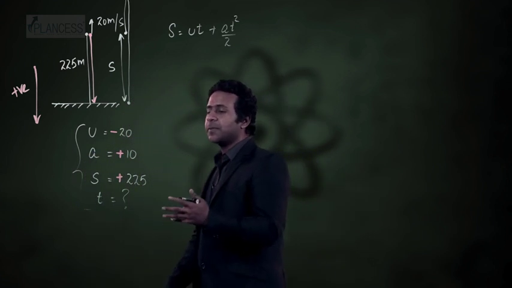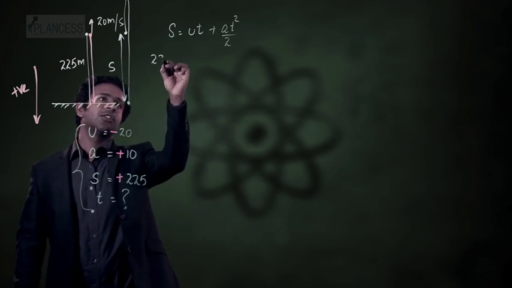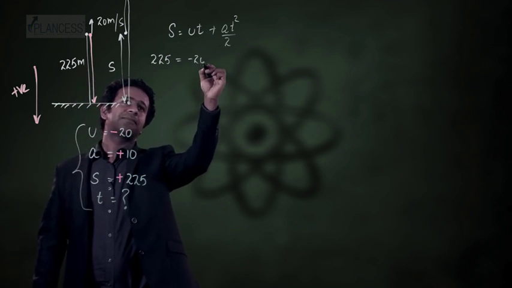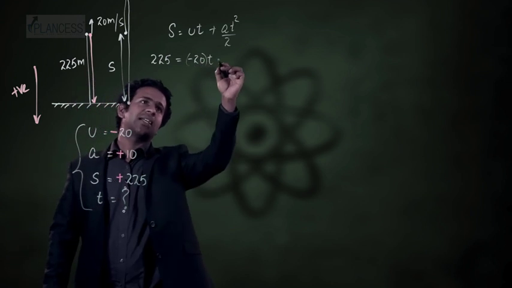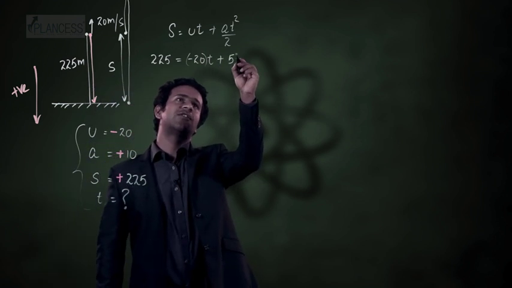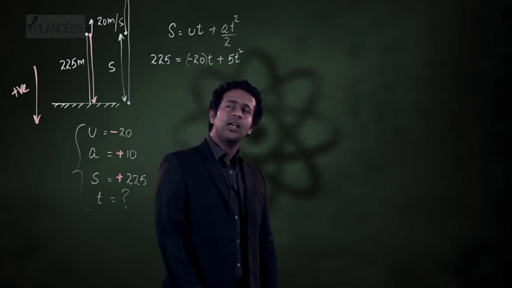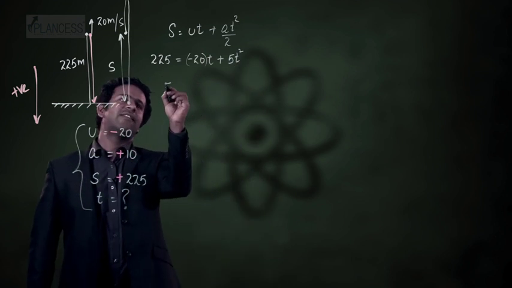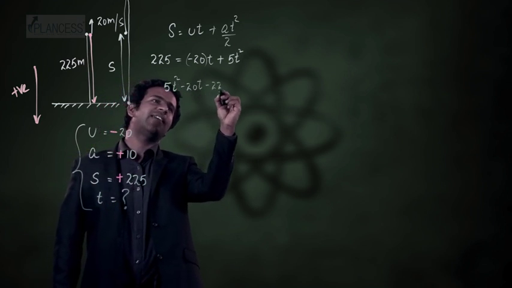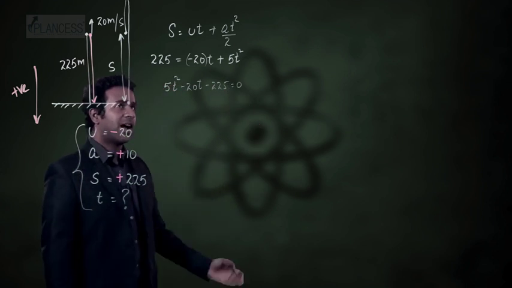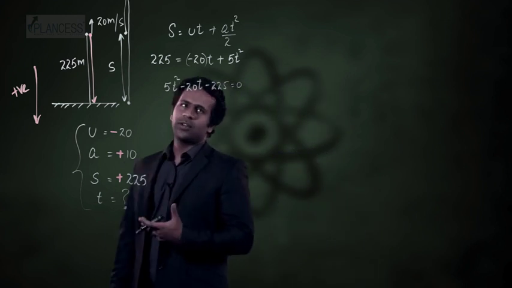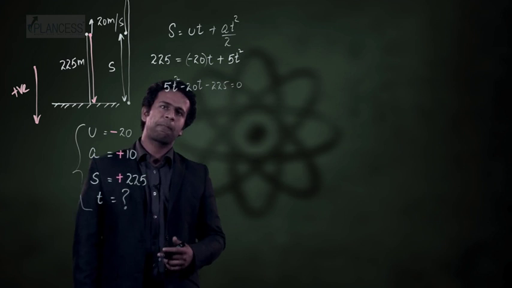First of all, displacement is 225. So you have 225 is equal to minus 20 into t plus acceleration due to gravity is 10, 10 by 2 becomes 5, so this is 5t square. Rearranging this, you get 5t square minus 20t minus 225 is 0. I've taken 225 to the right hand side. If you want to simplify this, you could divide it by 5,